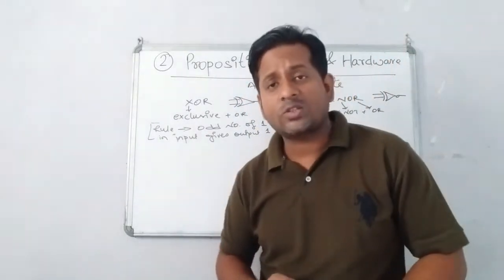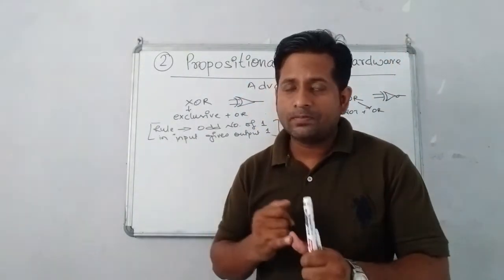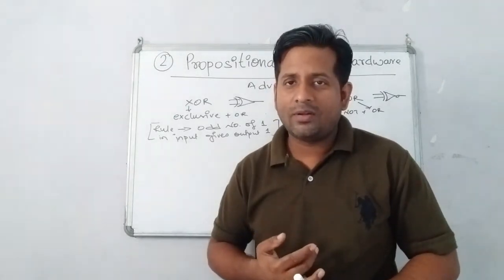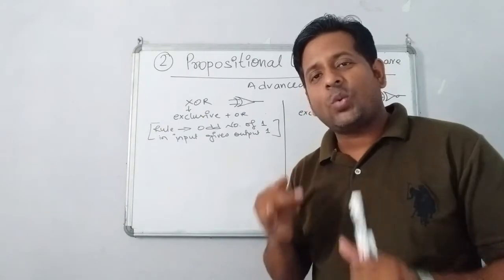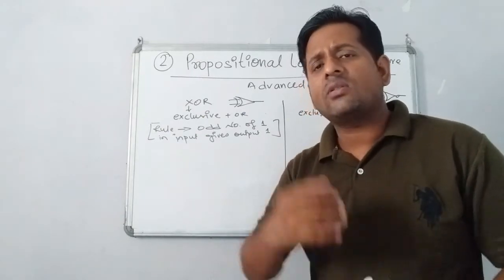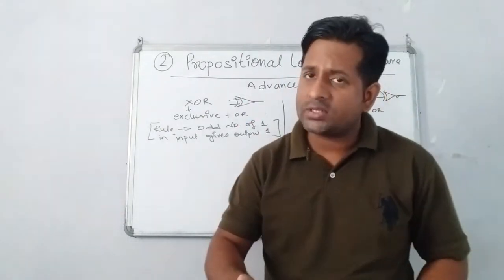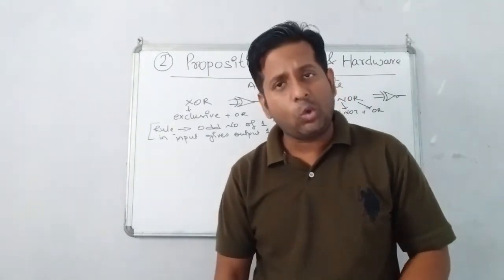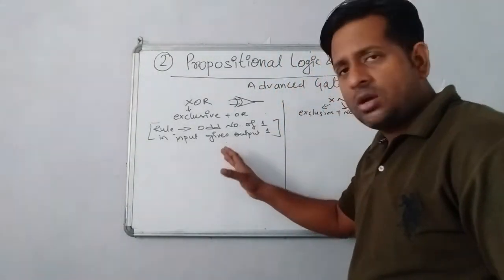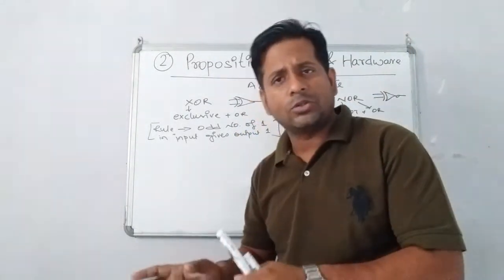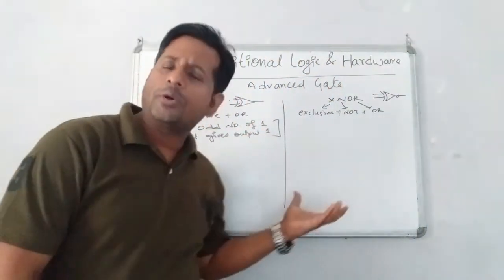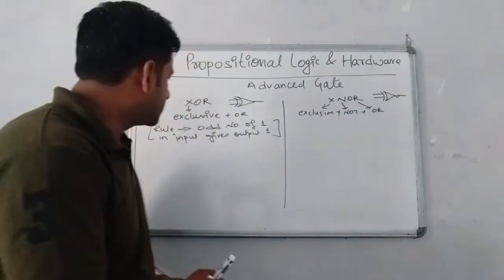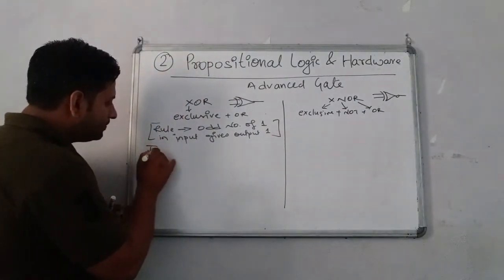Okay, which numbers are known as odd? 0. Odd. No, 0 is even. Okay, so from 1 it starts. So 1, 3, 5, 7, these are all odd numbers. Clear, children? Those are not divisible by 2. So we have to check how many 1 is present in my input. So odd number of 1 will give us output as 1. Okay, children? So let us see the truth table.